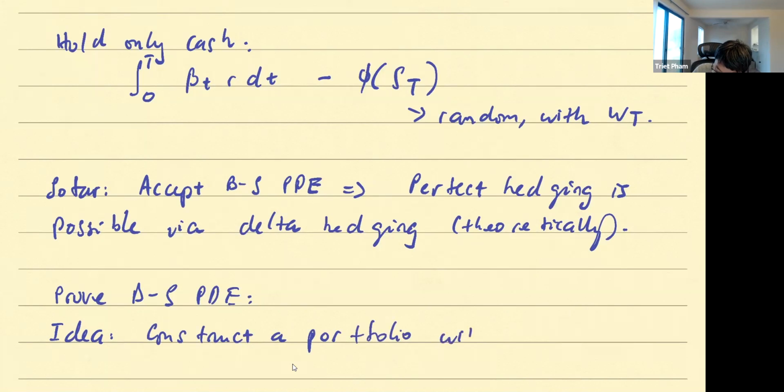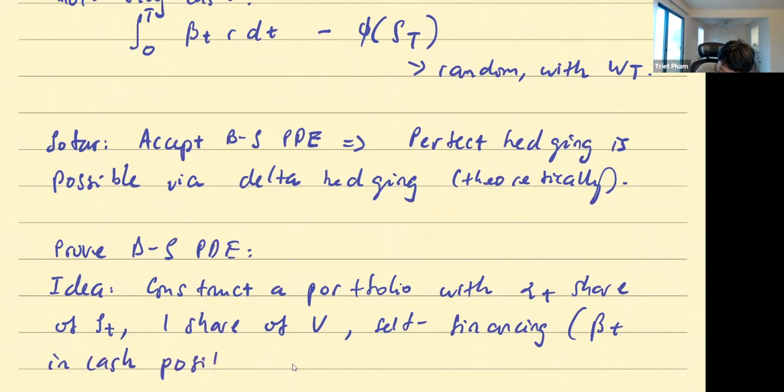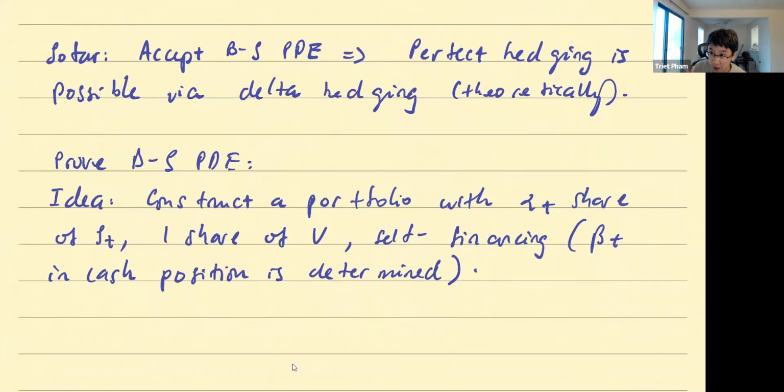with, let's say, alpha t share of S, one share of V, any V, and self-financing, so the beta T in cash position is determined. So same thing as before, believe it or not. And by the way, the alpha will be the delta again. But the twist is like this,